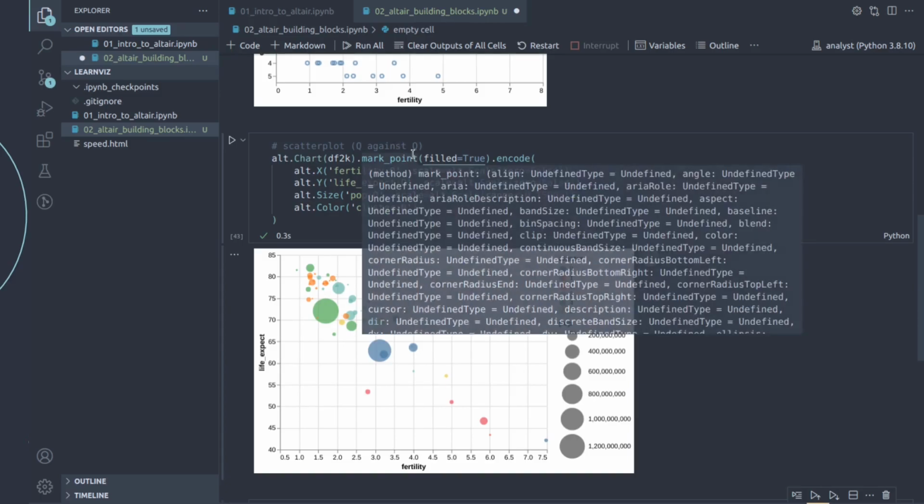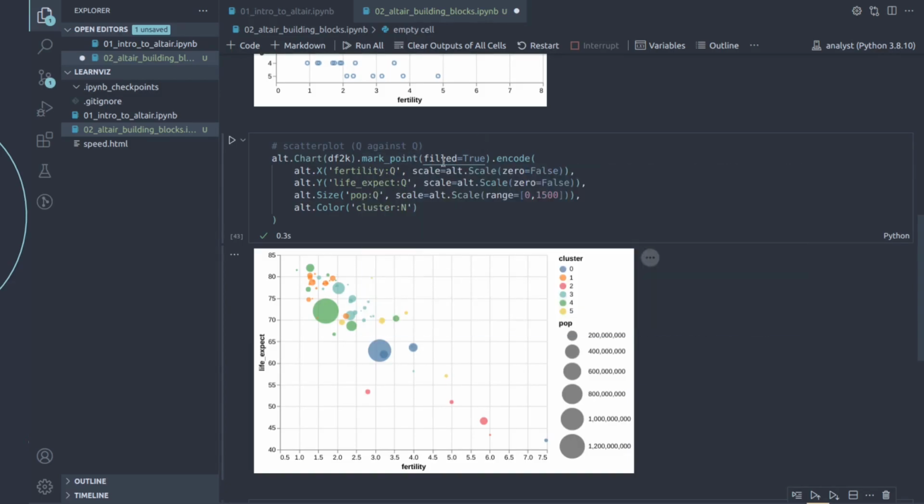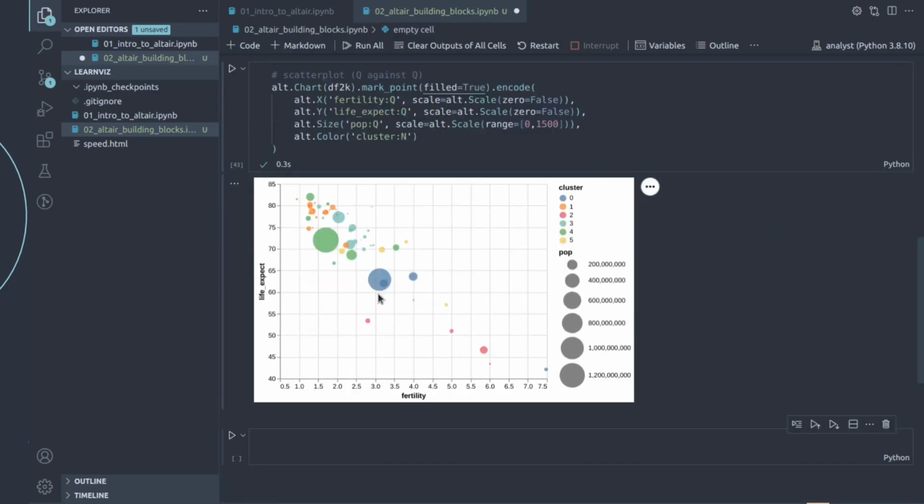So mark circle, you can think of it as a shortcut to that. Instead of having to type mark point fill equals true, you could just have done mark circle. That could have saved you some typing as well. And if you use mark circle or mark point fill equals true, and you pay attention to your